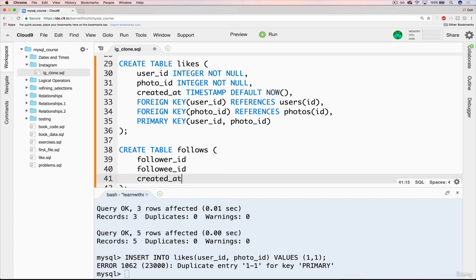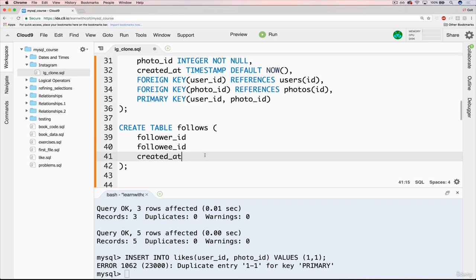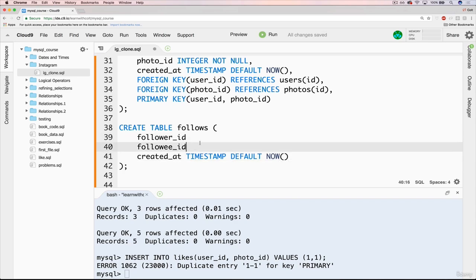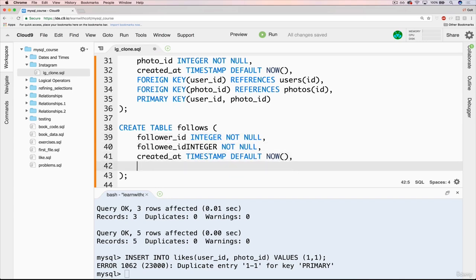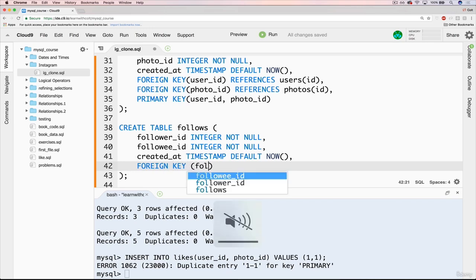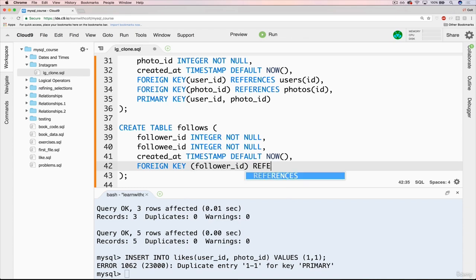Okay, so let's start with created at, timestamp, default now, perfect. Then we've got follower ID and followee ID, which are both integers. We don't want them to be null. Just copy that on over. Put our commas there. And now we also need to officially declare these as foreign keys. So that would be foreign key, follower ID, references, users